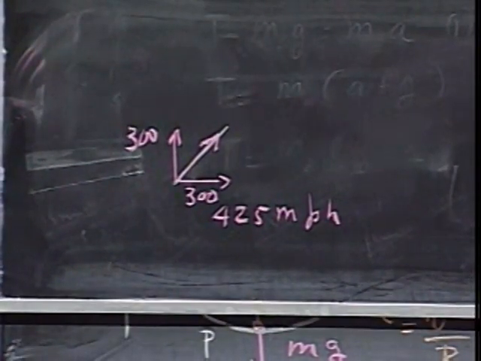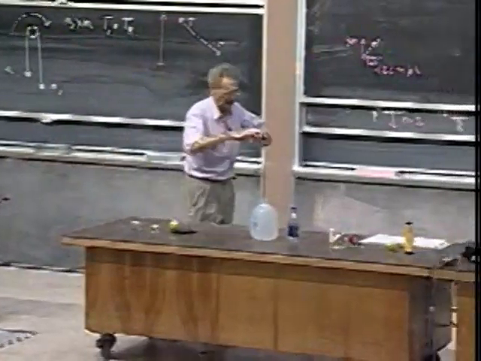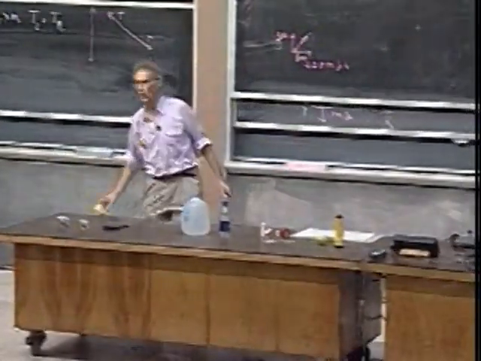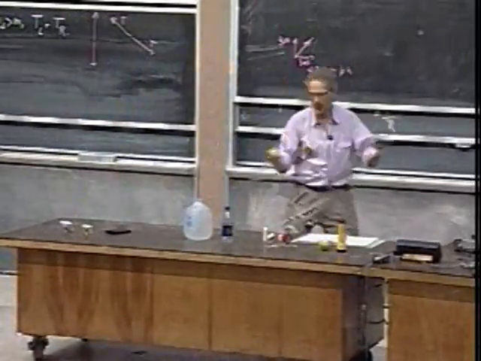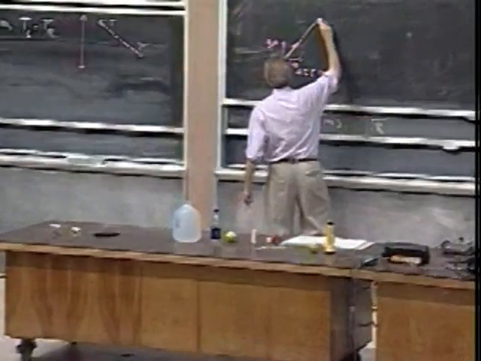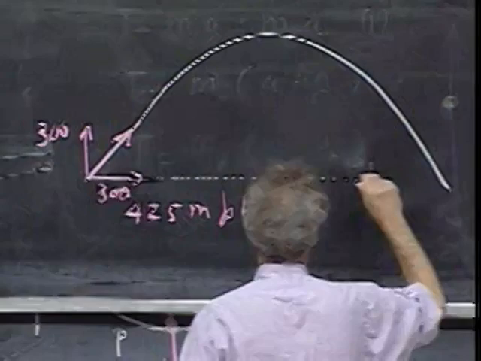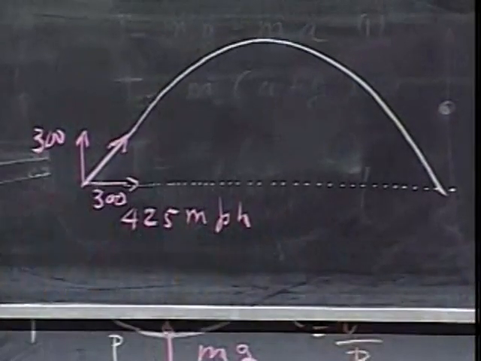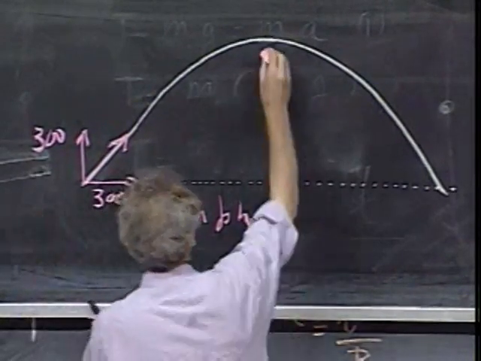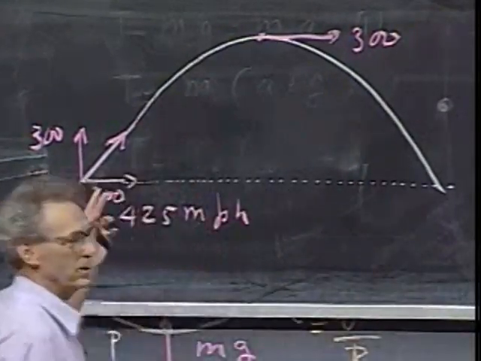Let's assume, for the sake of the argument, that the engines are cut. And the plane goes into free fall. It's no different from this tennis ball. It's the same thing. You're going to see a parabola. And so this plane is going to free fall and comes back to this level. And let's analyze this arc, this parabola. Right here at the top, clearly, there will still be 300 meters per second in the absence of any air